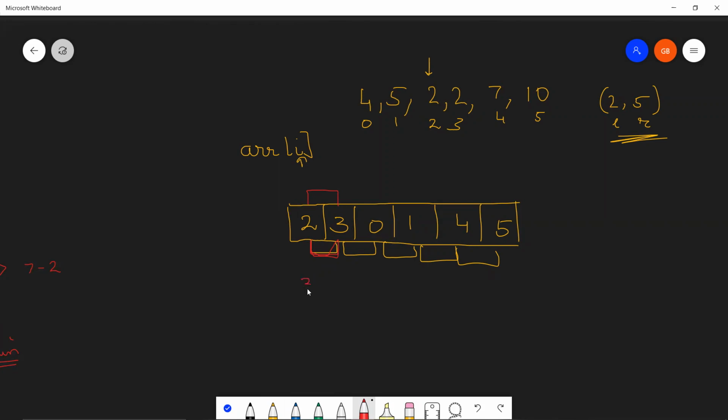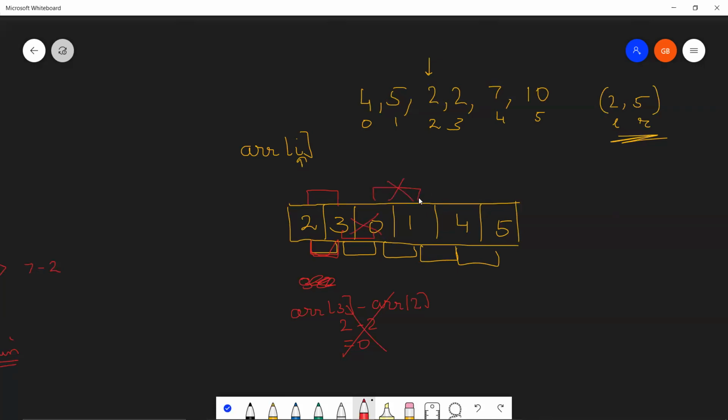Remember, we are not going to subtract 3 from 2. No, we are going to subtract ARR[3] and ARR[2]. Actually, it's nums, but I'm sorry. So 2 minus 2, it's going to give me 0. And this is something that is not in our consideration. No worries. Let's move ahead. 3, 0. So 3 is in the range of 2, 5, but 0 is not in the range. So this is not something that we can consider.